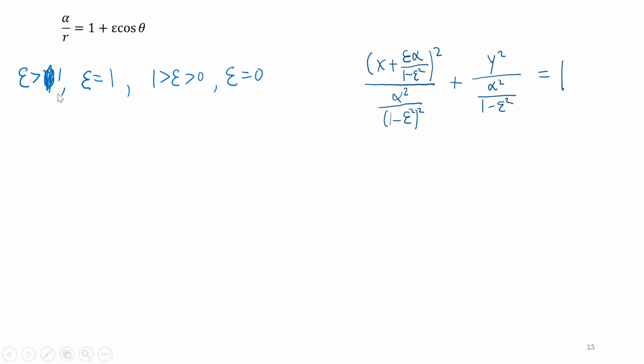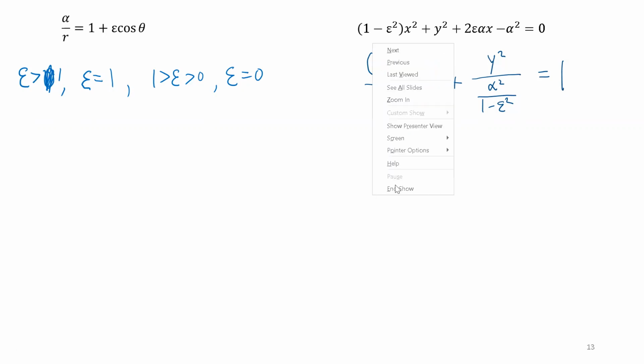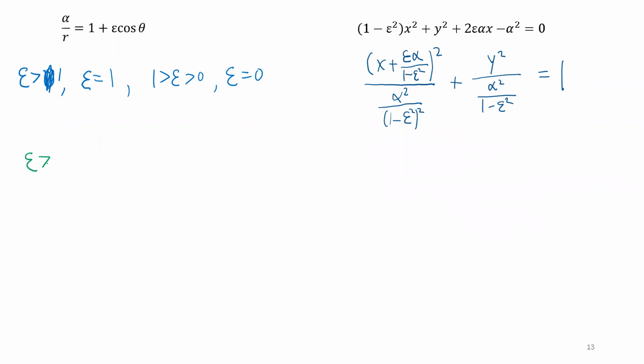So if you go ahead and plug in epsilon greater than 1 into this equation over here, what you see is the first term over here. Let me write it one more time. So for epsilon greater than 1,